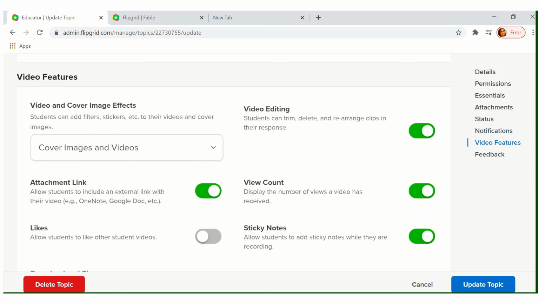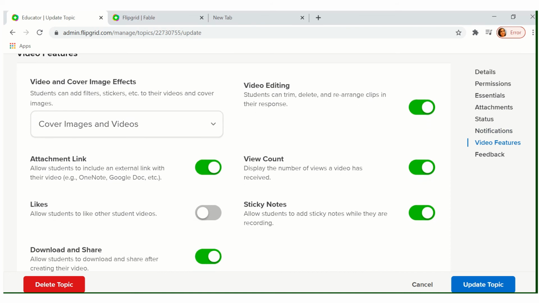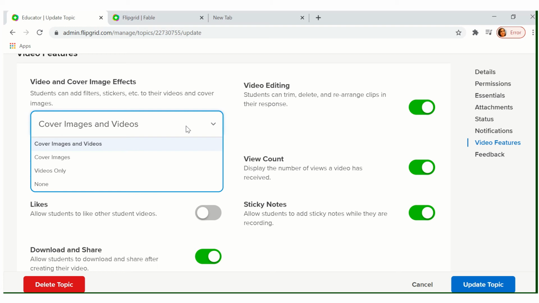Now the video features, which I was just telling you about, are video and cover image effects. If you want your children to put cover images and videos, as you just saw, Joe's was having videos with the frames and all. If you want them to use all those, they can. If you don't want them to use all those, you can just put it on none.